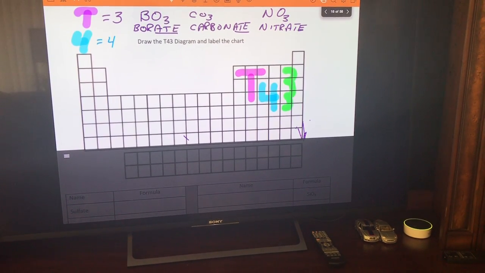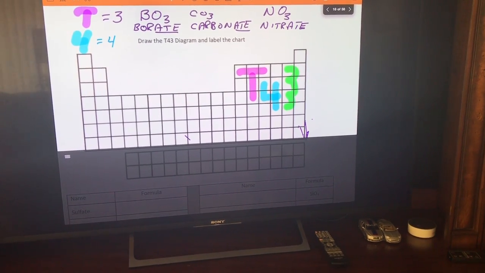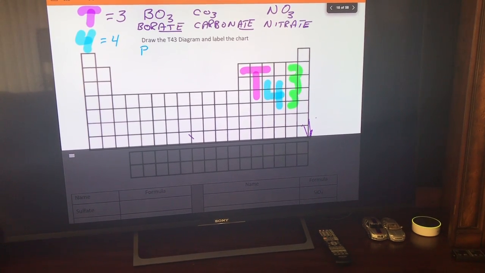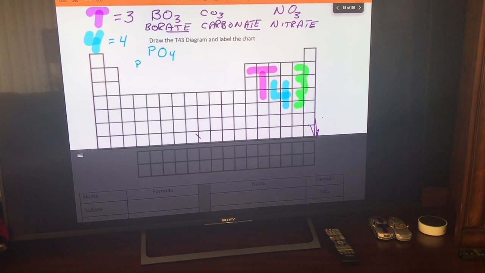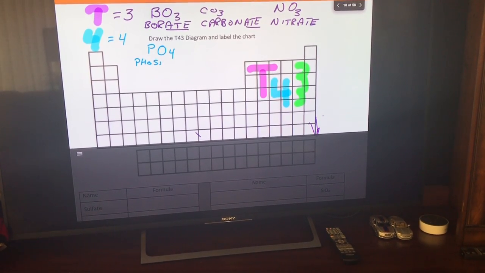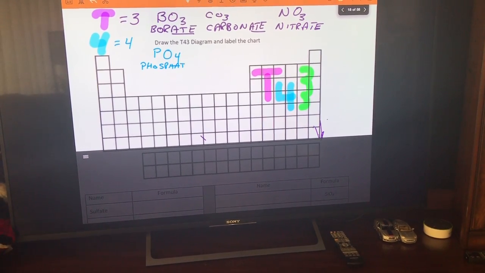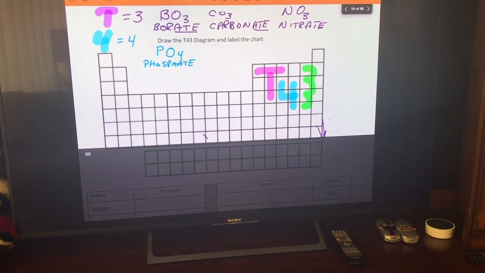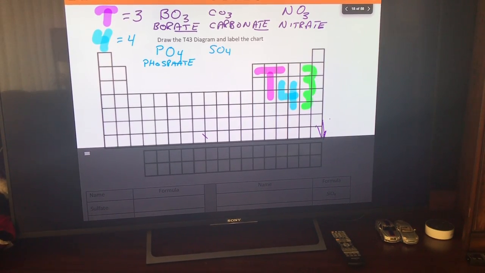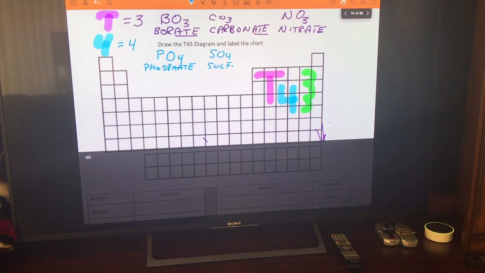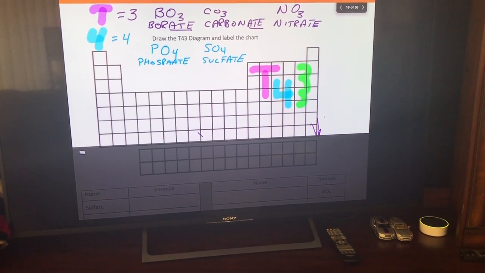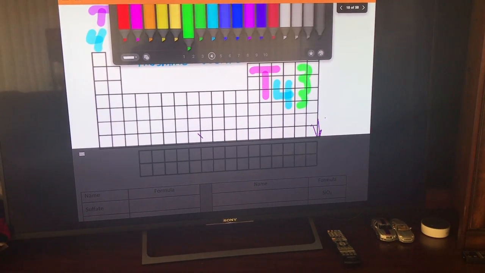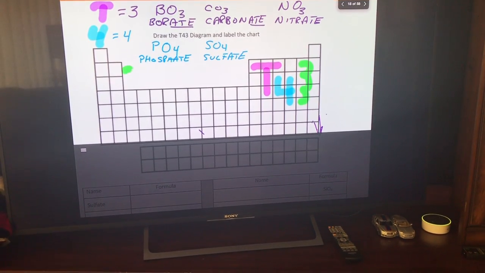So we'll start at the upper left of the 4, so phosphorus is going to have 4 oxygens, and its name is phosphate. The one next to it, SO4, would be sulfate, and so on. And then in the green area, the green ones, the ones with the number 3,